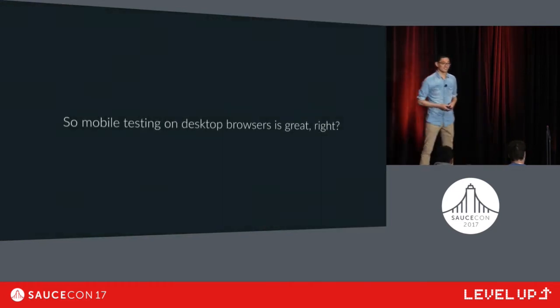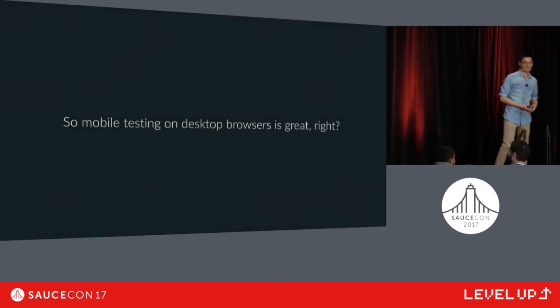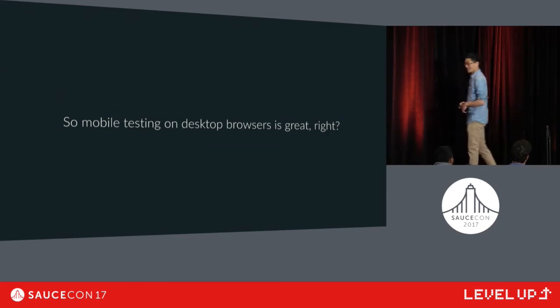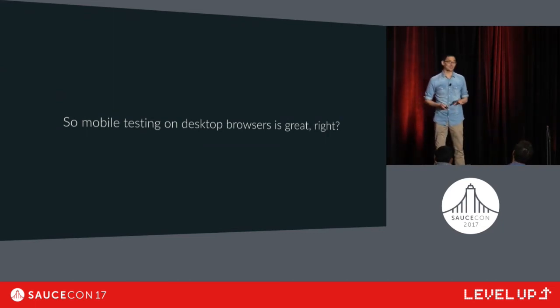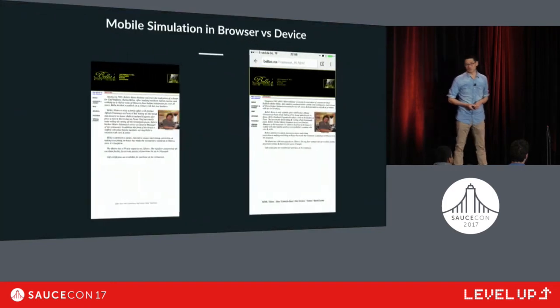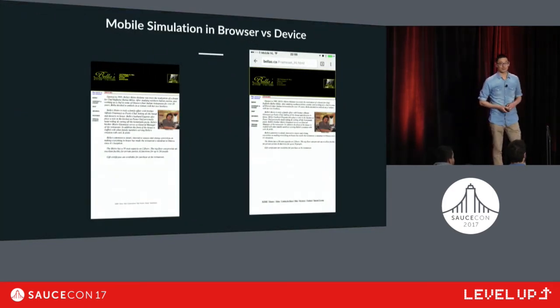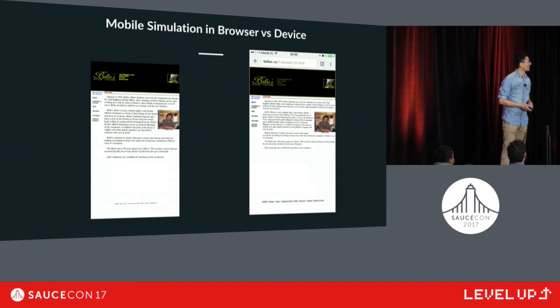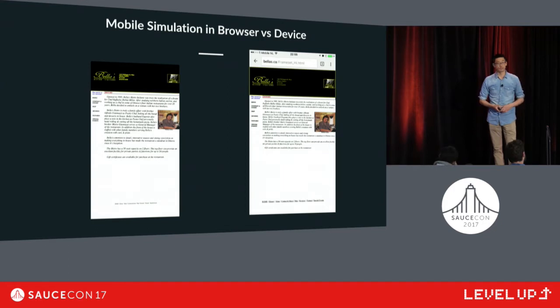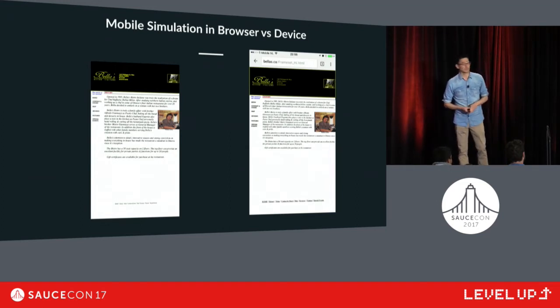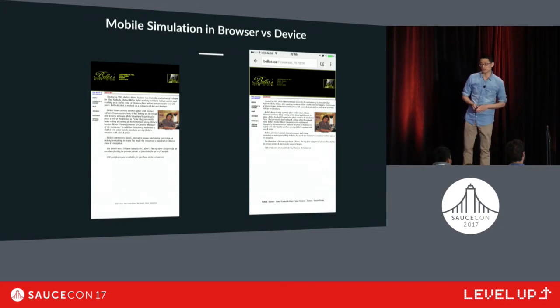So it's great, right? It's fast. You can already verify a few things. Already mentioned it, visuals are tricky. So let me show you some examples. This is a great website of an Italian restaurant, right? Very responsive. You see the layout is different, the font size is different. Notice that on the right side there's the device, on the left side is the desktop browser with mobile simulation. You see that the top bar on the right has a yellow border on the device